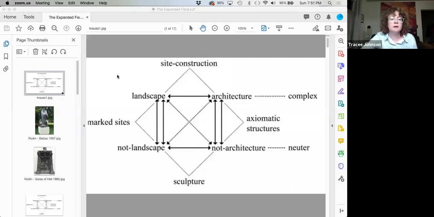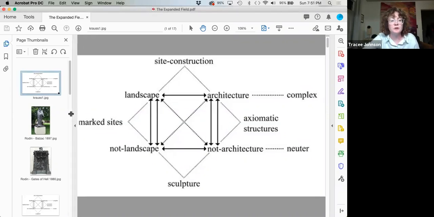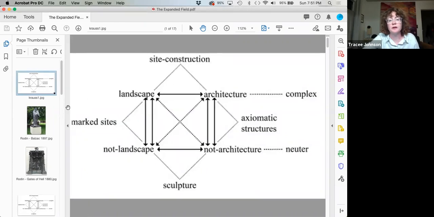So let me share my screen, and then I'm just going to jump into giving an introduction to this reading, so that as you're going through it this week, it is potentially a little dense, and hopefully this introduction will help clarify what we're working with here. Okay, so